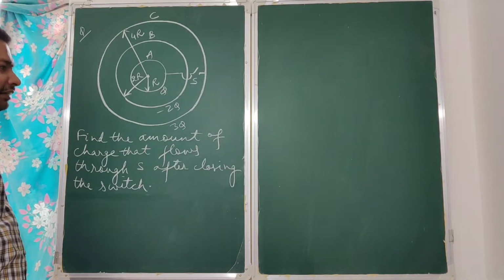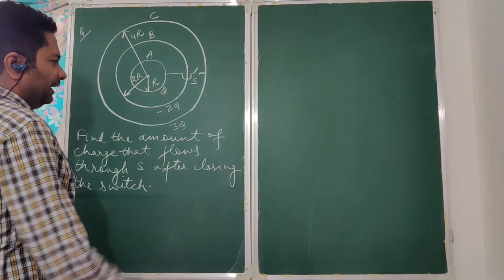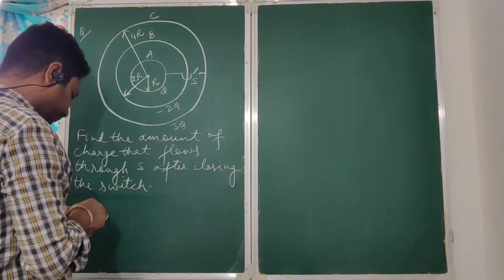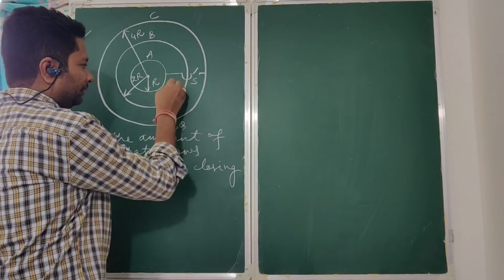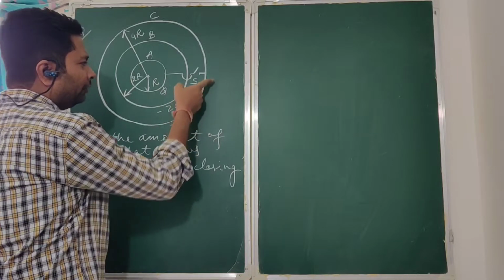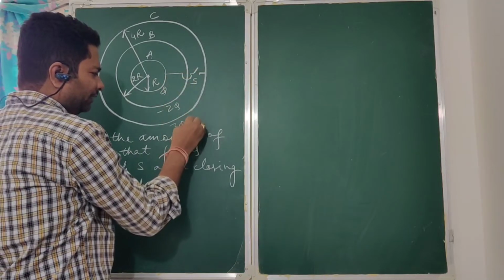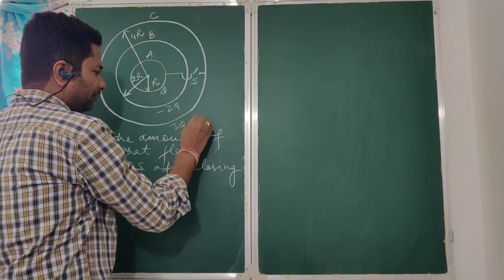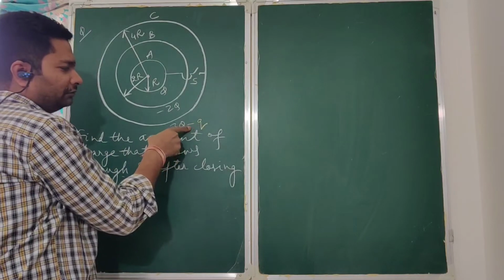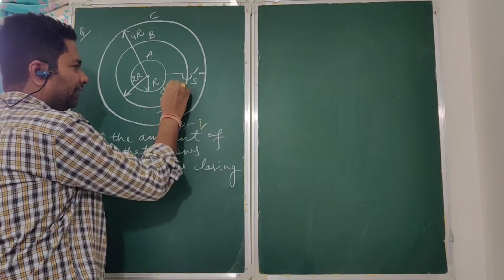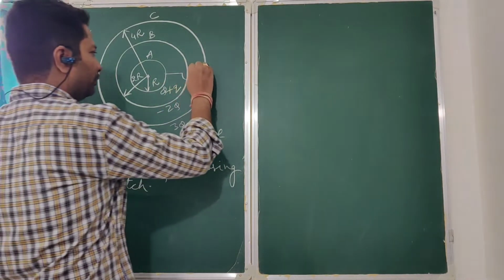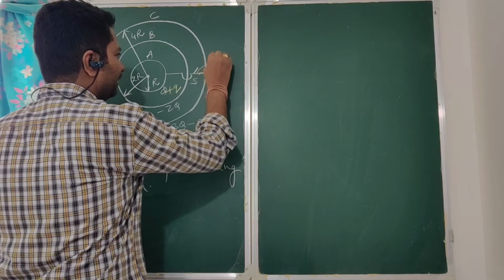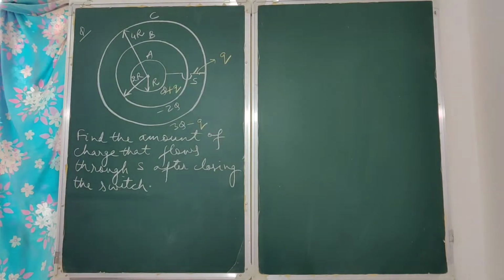So let us say the flow of charge has been something like this. Let us say some q charge has flown from outside to inside. So what is the new charge? This will be this much, and the inner one will gain that charge. So this flow of charge through this switch, let us say that has been q.